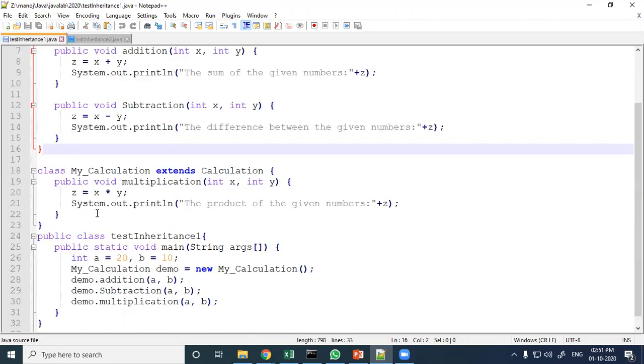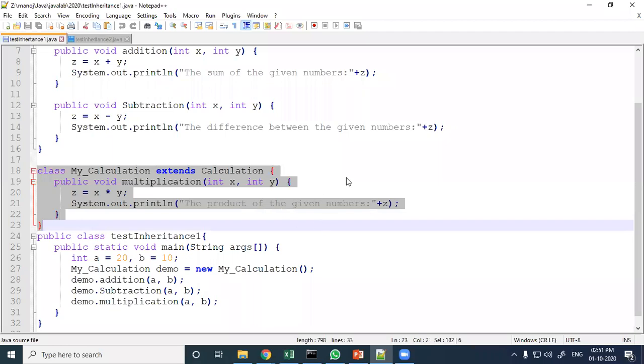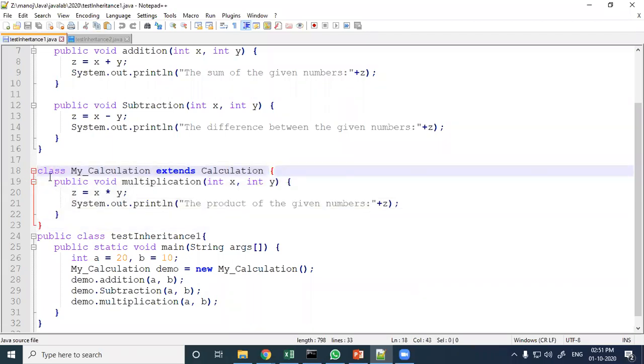Now second, we are defining here a derived class. The derived class name is my calculation. Then extends. This is the word required to write the inheritance, meaning inheriting one class from another, and here the base class name. And all of you remember, here again the class keyword is not required.